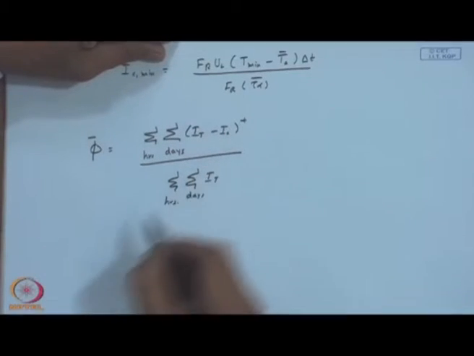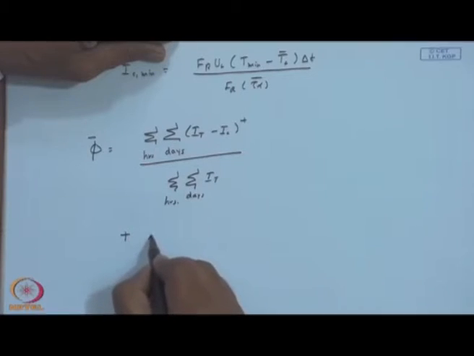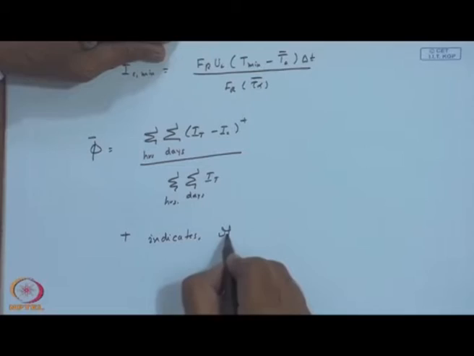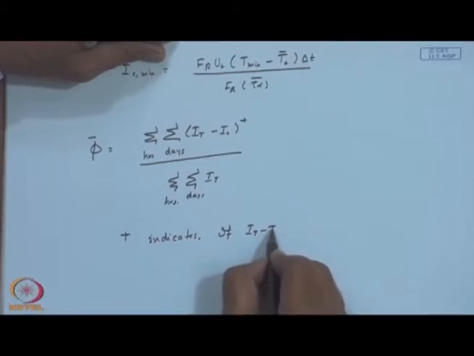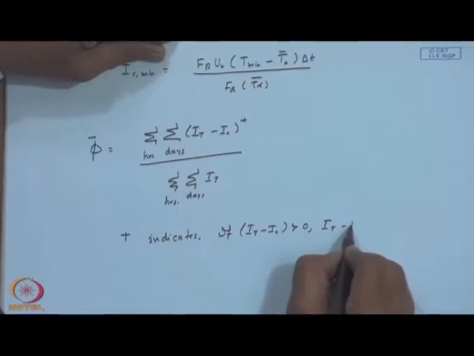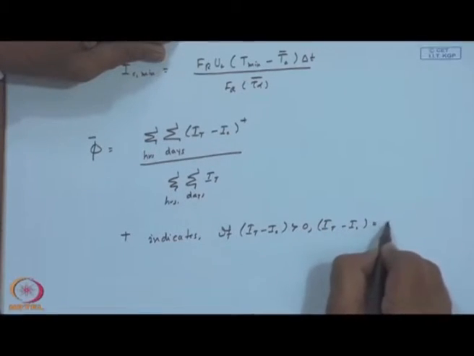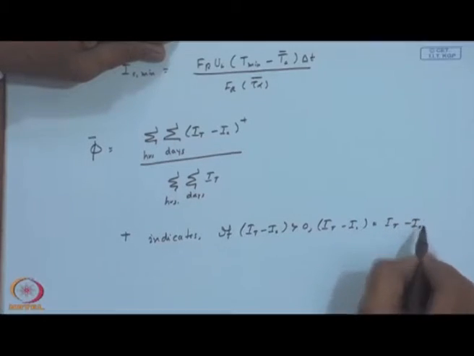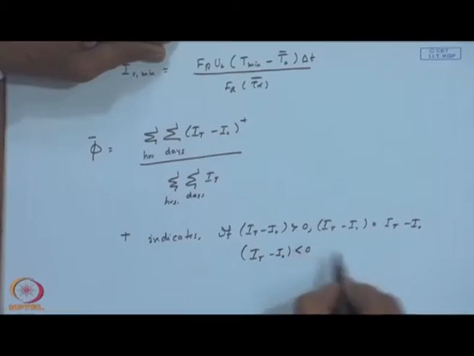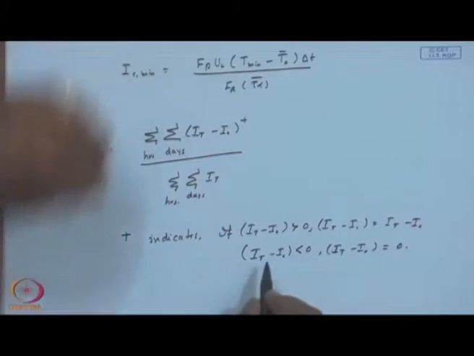That means, this indicates that if It minus Ic is greater than 0, it equals It minus Ic, and if It minus Ic is negative, it is set as 0, which means, again with reference to the figure,